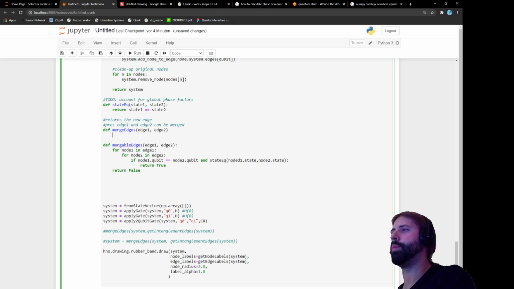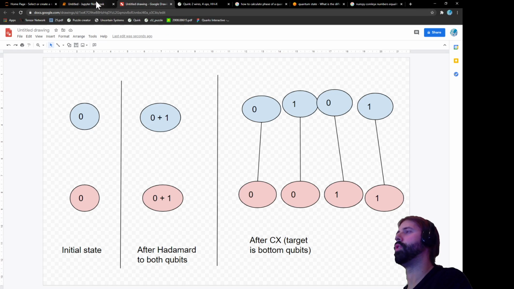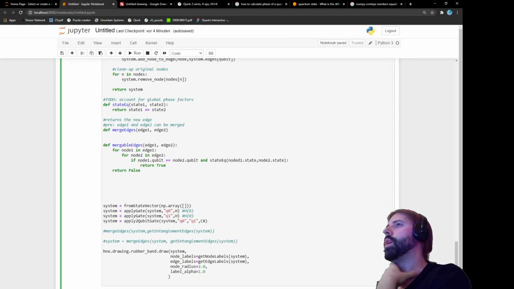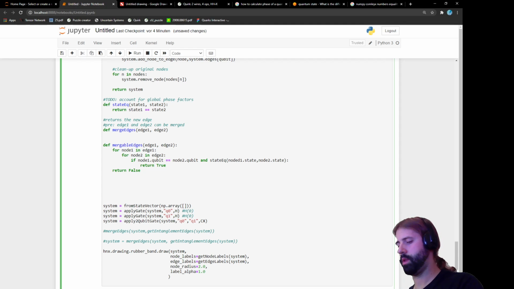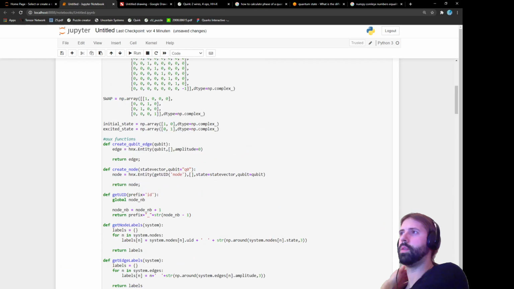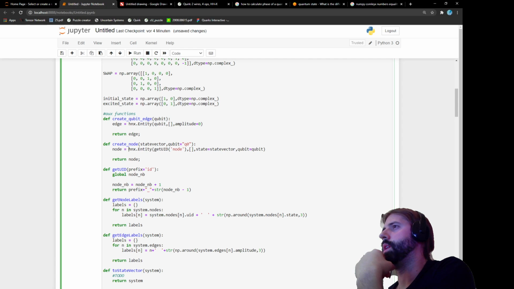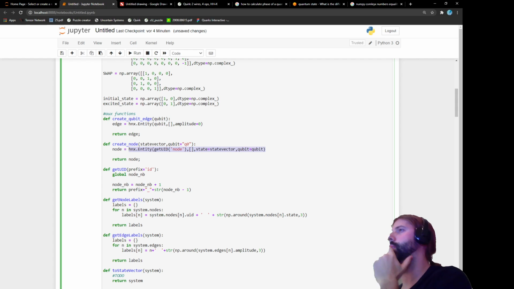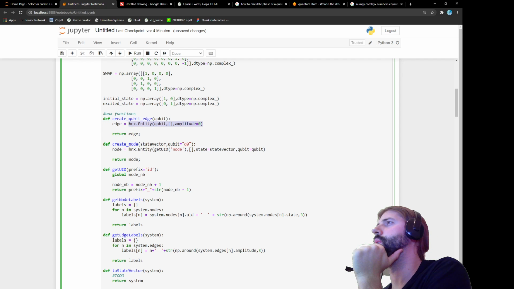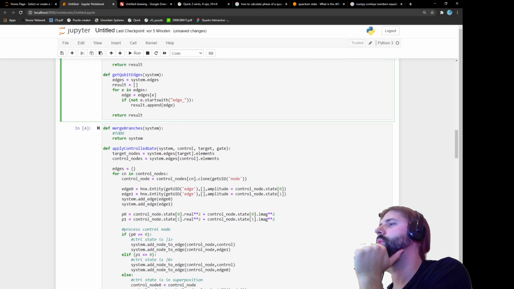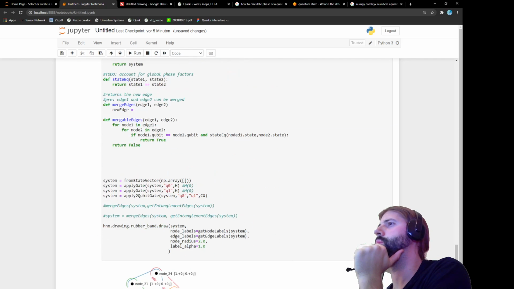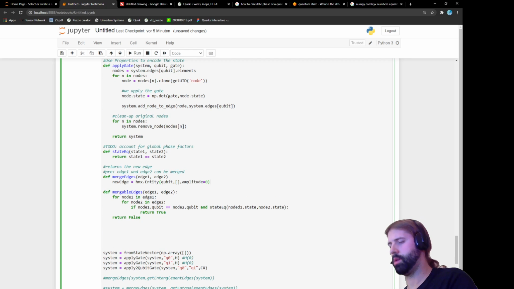And the merging is just basically, so what do you do? You have a new edge equal to new entity. Oh, I forgot how to program in a week. How do we do all these? Just like that, H and X entity. Okay, create node, create. It's curious how the amplitudes will really have to be handled in here. So far, I'm going to create an entity,